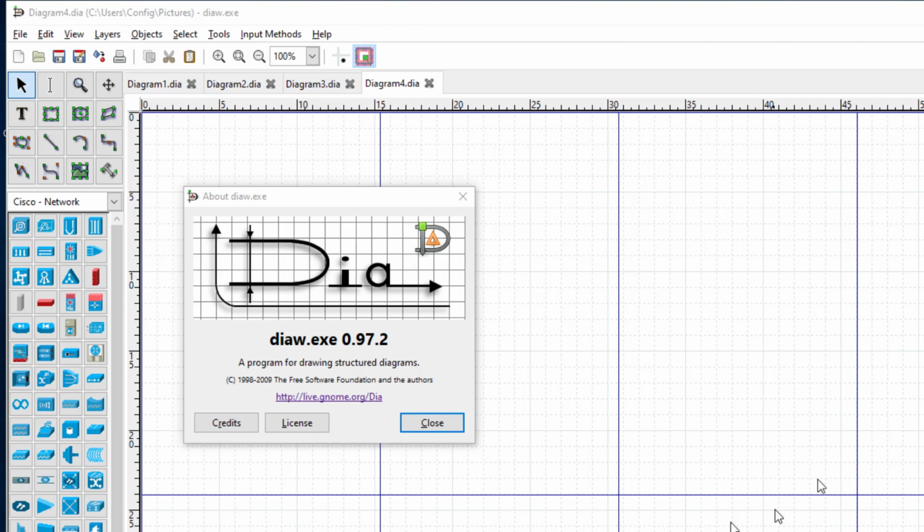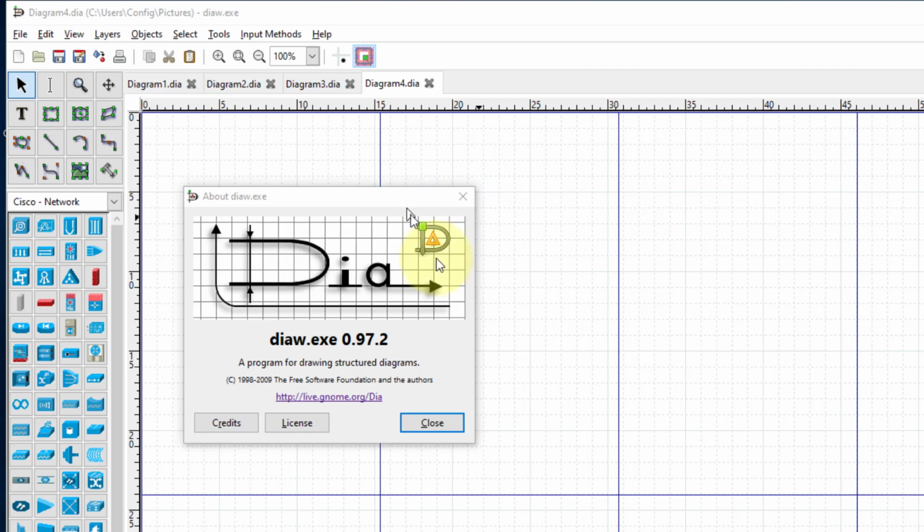So I'm going to show you the basic scheme of the way this works and how you can create some charts really simply, and you can experiment from there and use it if you need to use it. It's about as simple to use as Windows Paint, which a lot of people use for different diagrams and stuff, but it saves the things as objects, so when you save it in DIA format you can go back and edit things much easier. Then you can export it into a regular picture and use that for whatever you want to use it for. So it's a pretty good program, and it's free, so